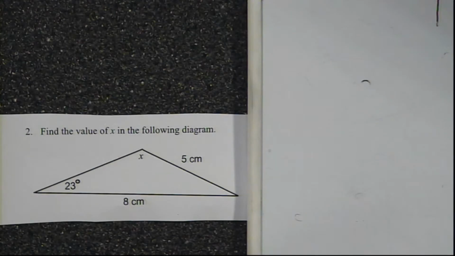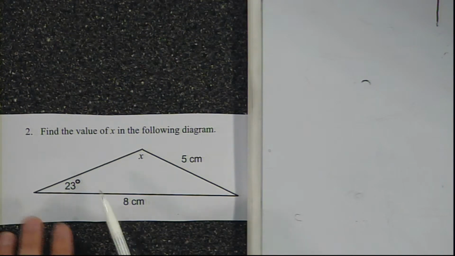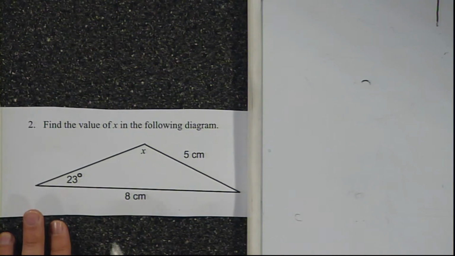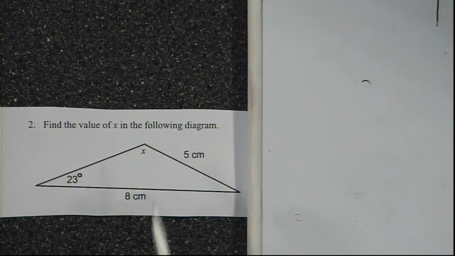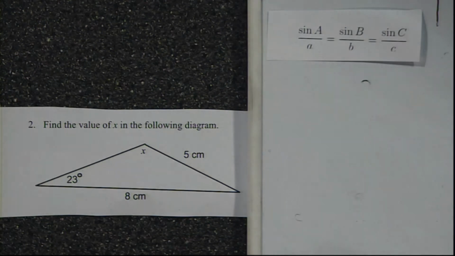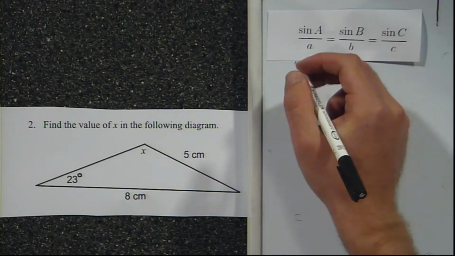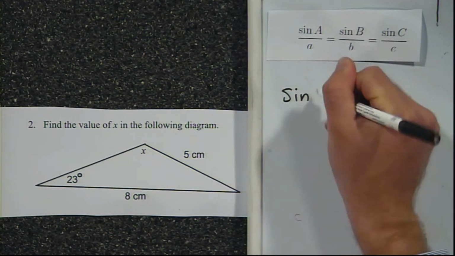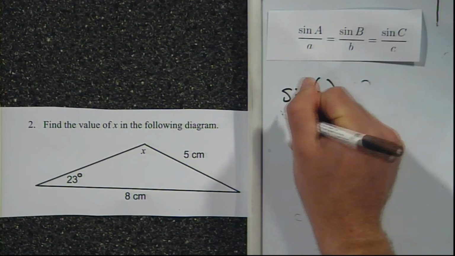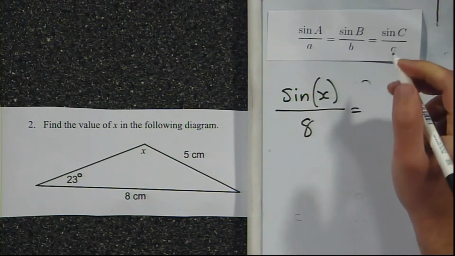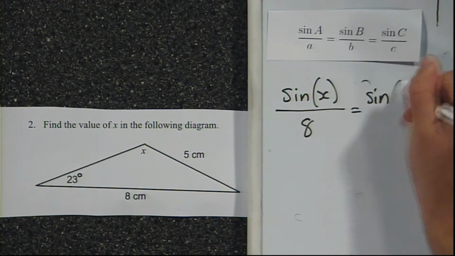Example 2, we've got to find the value of x here. Again, we have the angle and side length pair, the 5 and 23, opposite angle and side length. So we're going to use the sine rule, but we're looking for the angle. With the angle formula, we will have the angles in the numerator. So if we plug in our information, we've got sine of x over 8 equals sine of 23